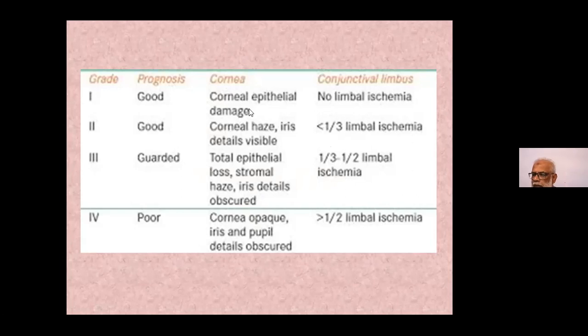When we are dealing with chemical injury, we have to make sure that we reduce inflammation in the eye, we prevent infection, and we cover the eye if need be with amniotic membrane. We can close the lids for the cornea to recover or heal. Because once we are here,